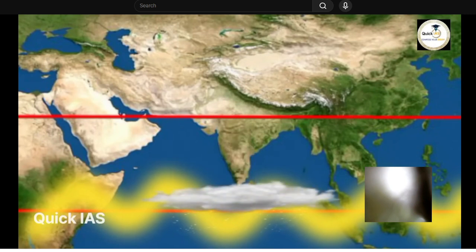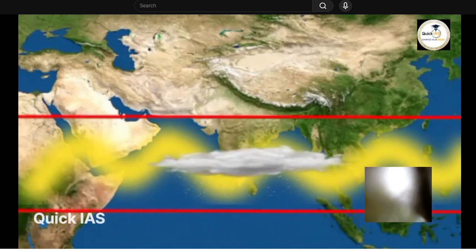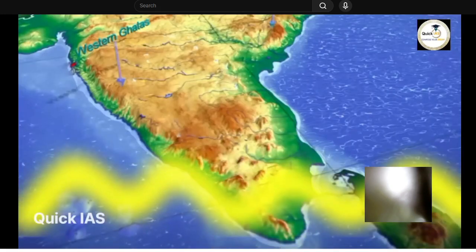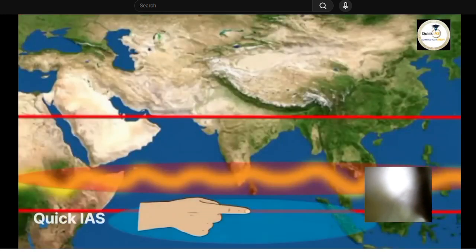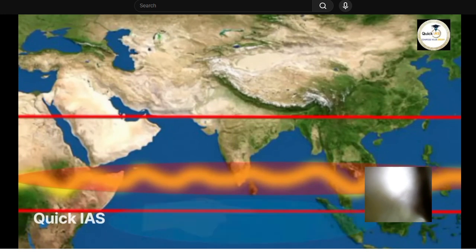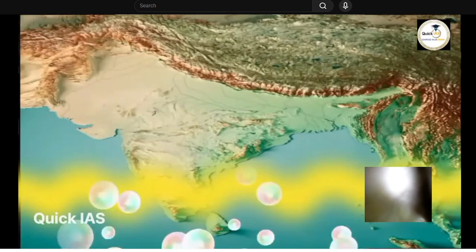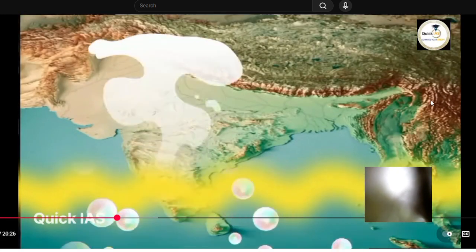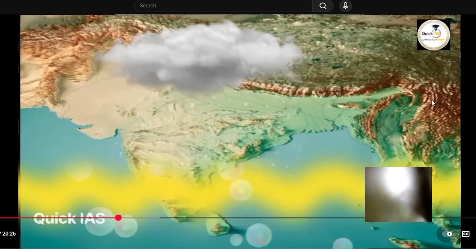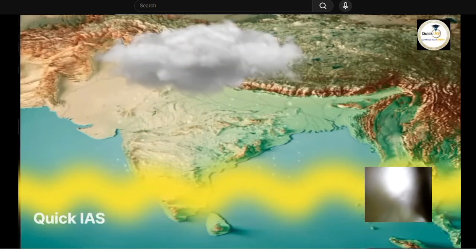As soon as the ITCZ reaches Tamil Nadu and Kerala, the land area there will become hot, and a low pressure area will be formed. In comparison, there is a high pressure area in the Indian Ocean, hence the winds will take moisture from the oceans and enter the low pressure area. After reaching here, the winds will heat up and rise, and after condensation, it will rain heavily here. But remember, this rain that has occurred is not monsoon rain, it is pre-monsoon rain. This is the rain that we call pre-monsoon.